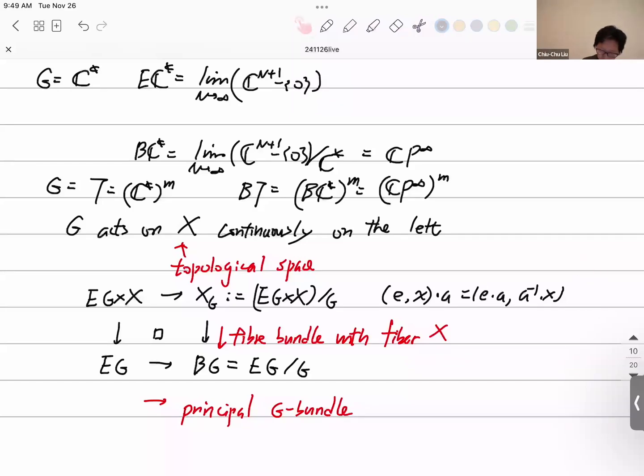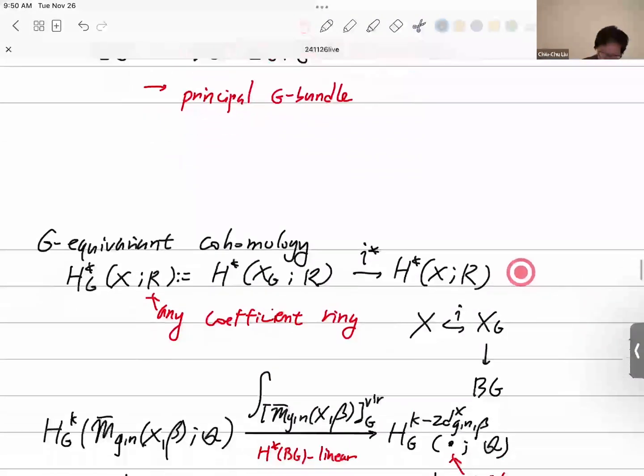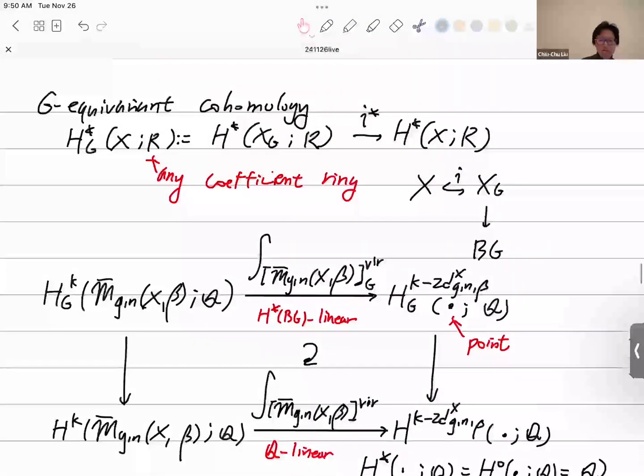But in general, this is the definition of G equivariant cohomology in topology. The G equivariant cohomology of X, where X is equipped with some left G action, with any coefficient ring, is by definition the cohomology of this X sub G. And also